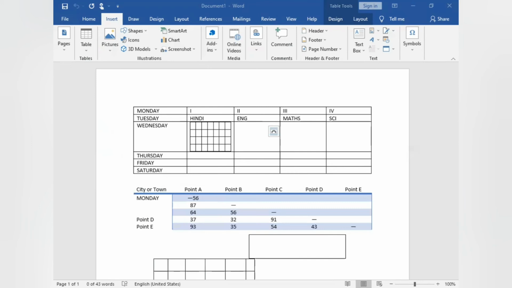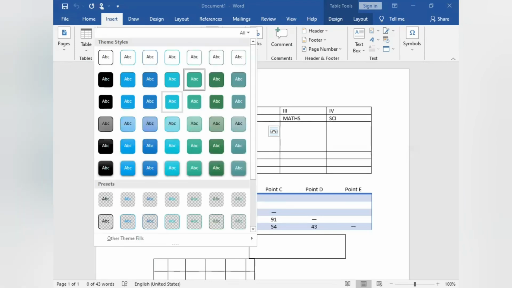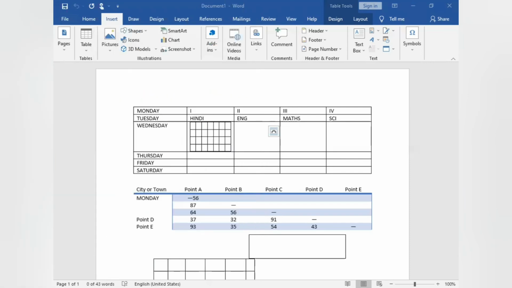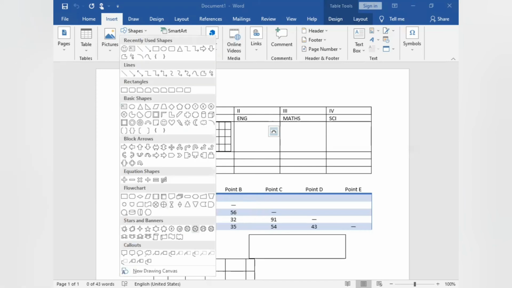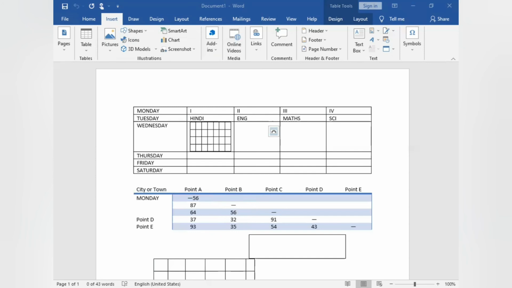You can change the color of your smiley. These days, smileys are used very much for different emotions. Shapes you can use.